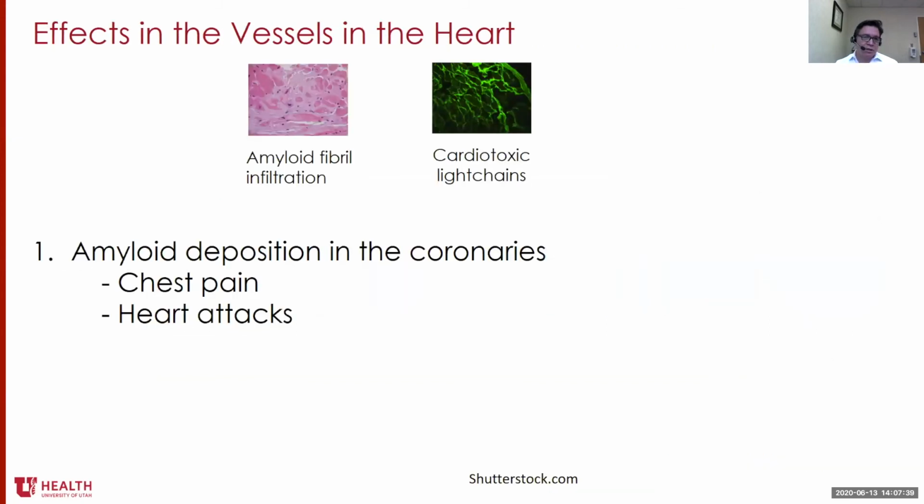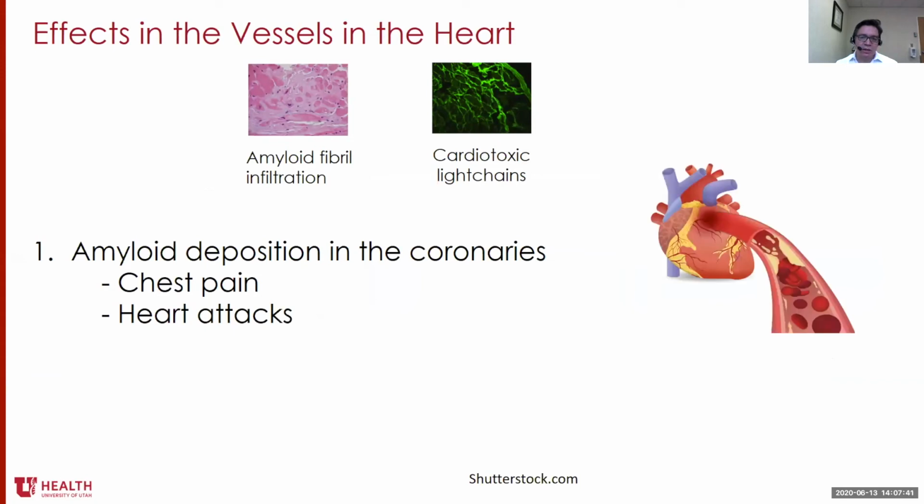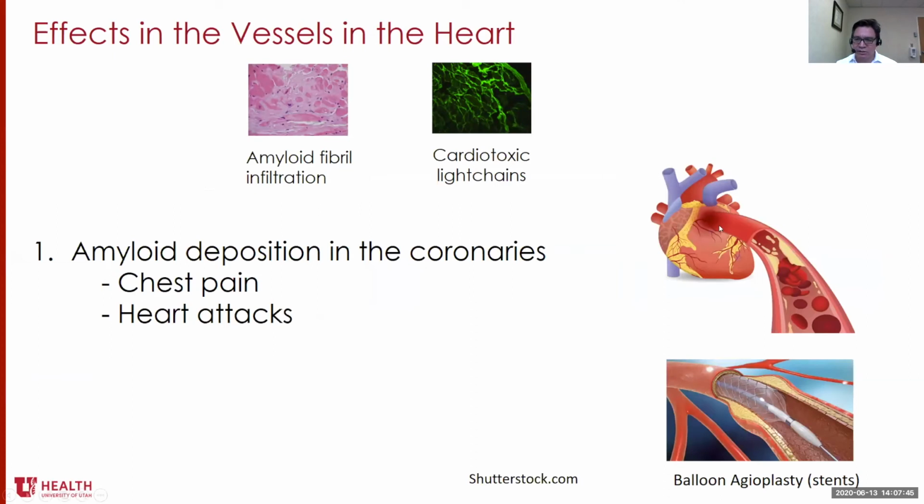And then the last way that we talk about how amyloidosis can affect the heart is causing some deposition in these vessels that we call coronaries. So the coronaries are these vessels that are on top of the heart, and they give blood flow to the heart muscle. And when there's any blockage